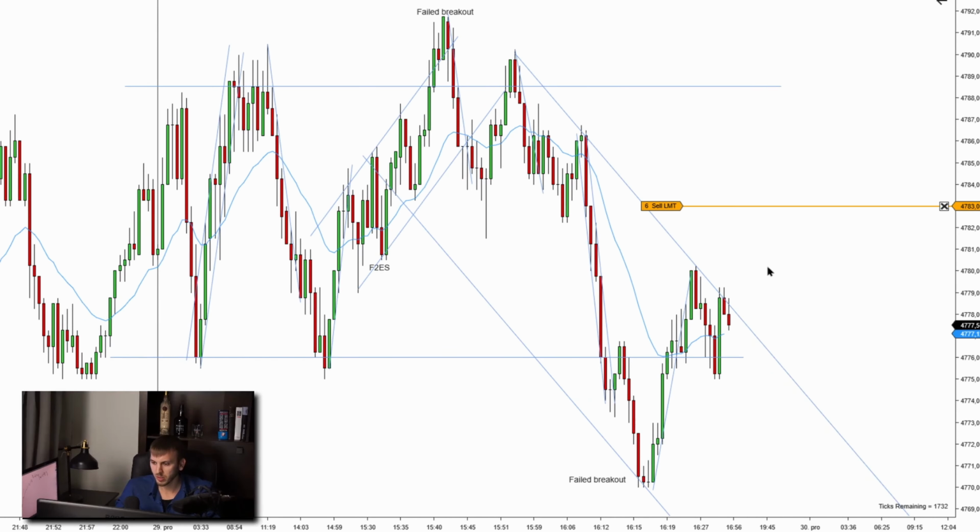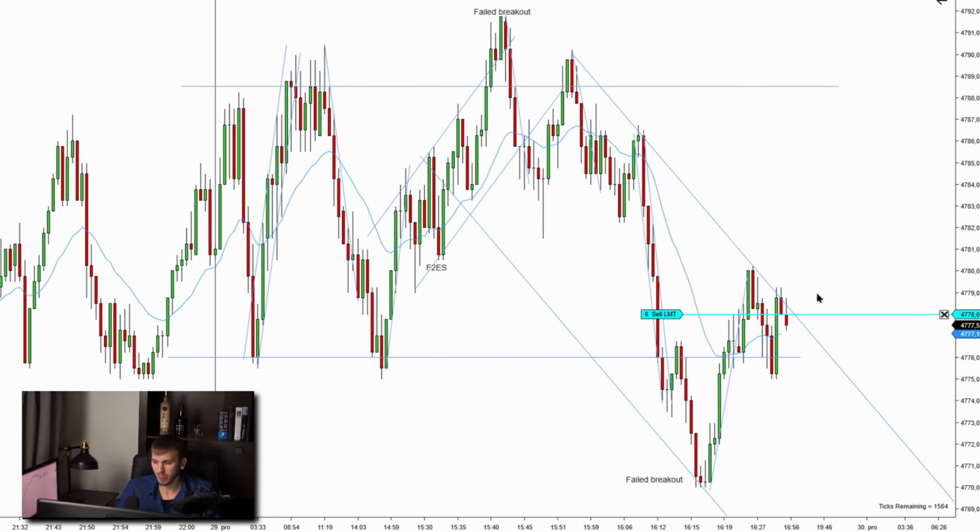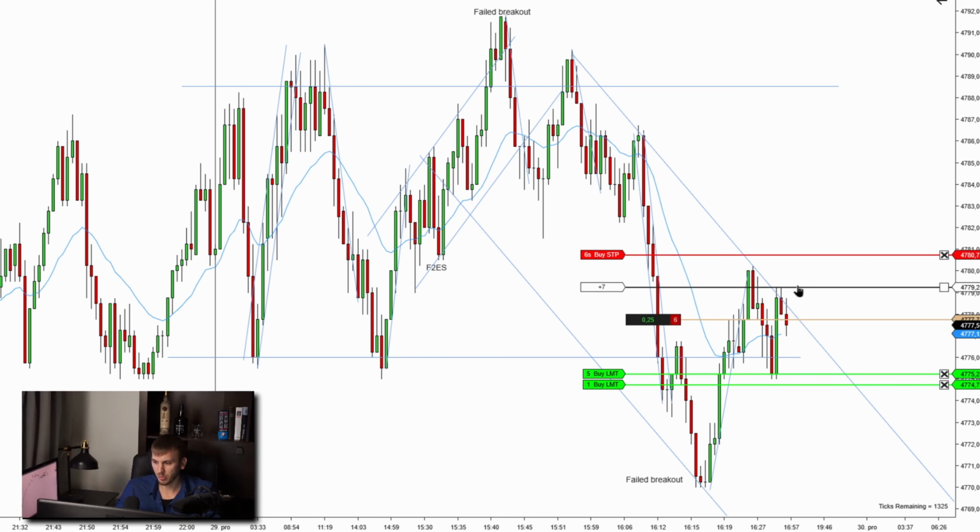Alright guys, I'm resuming the video as I'm quickly going to take the bounce off the trend line here. Let me quickly get filled here. We touched off my order. Come on, I don't want to miss this trade now. So, I'm going to move my stop loss 1 tick above this signal bar. I'm going to go for